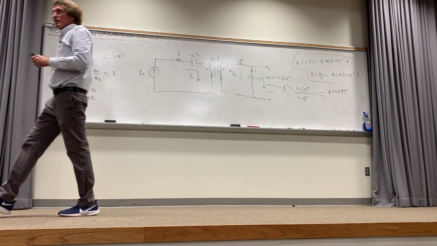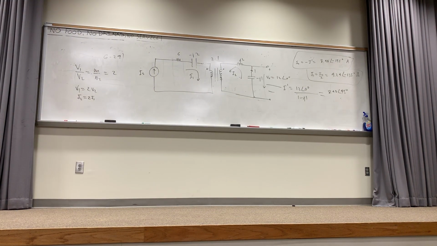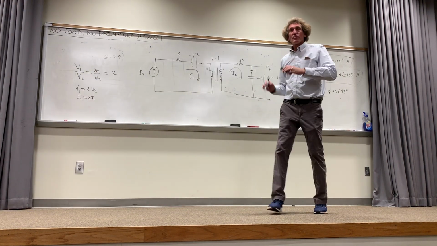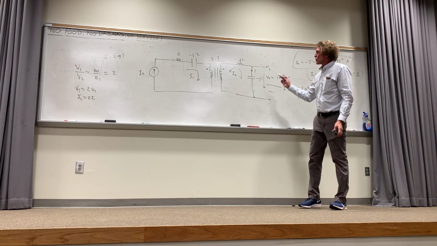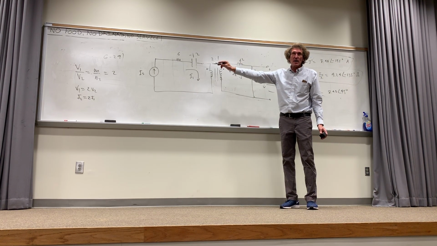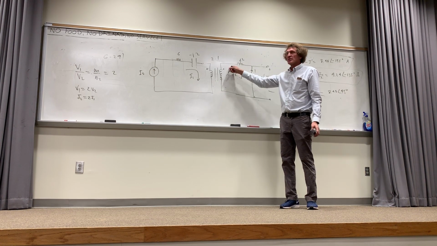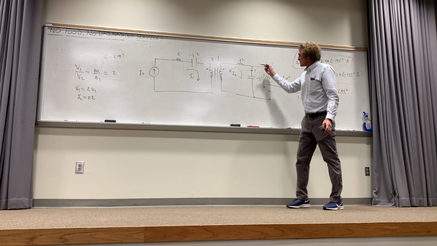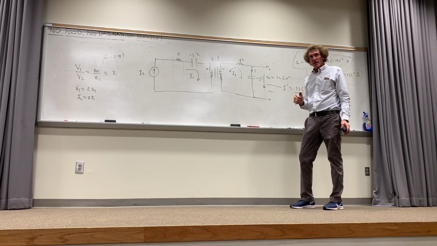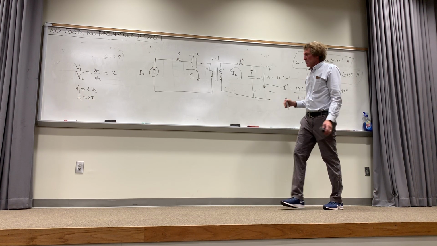Why did you choose the opposite direction for I2 instead of just using the voltage and the resistance? Well, for I2, there's one primary reason. Current always flows into the dotted terminals for those equations to work, right? So I needed I2 this way. What I had was a voltage and an impedance. If I take the voltage divided by the impedance, I get the current flowing this way, don't I? I don't know, I thought the current was here.